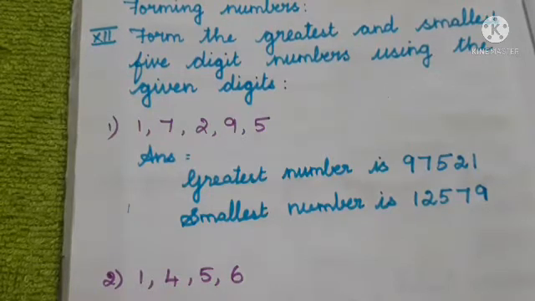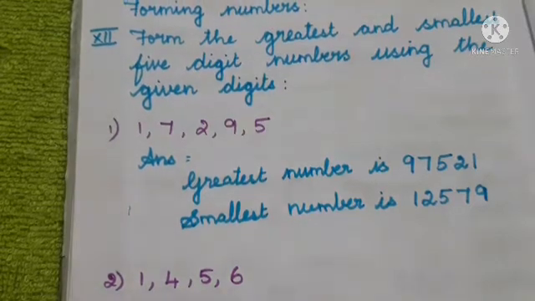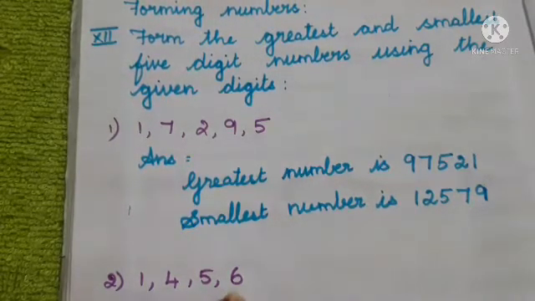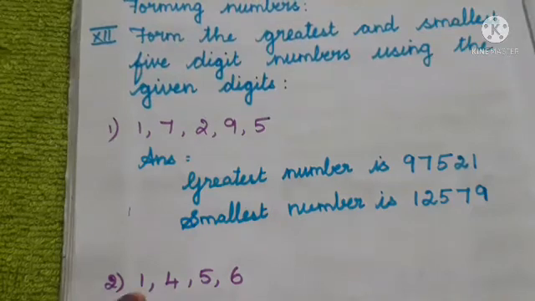Yes, we have to find the greatest one. So here, which is the greatest one? Yes, 6 is the greatest one. Next to the 6, which is the smaller one? Yes, 5 is the smaller, next 4 is the smaller, next 1 is the smaller, isn't it?